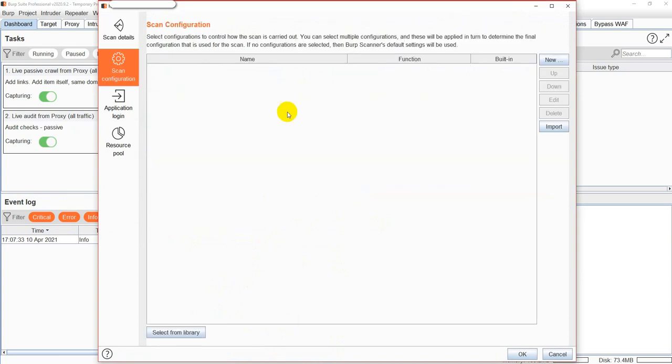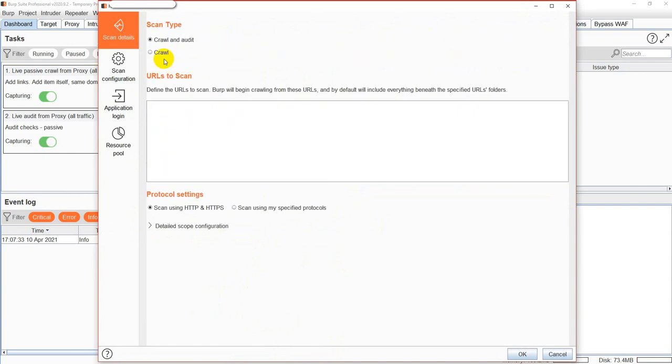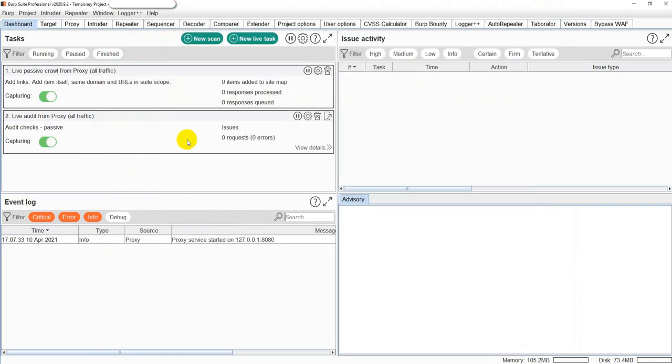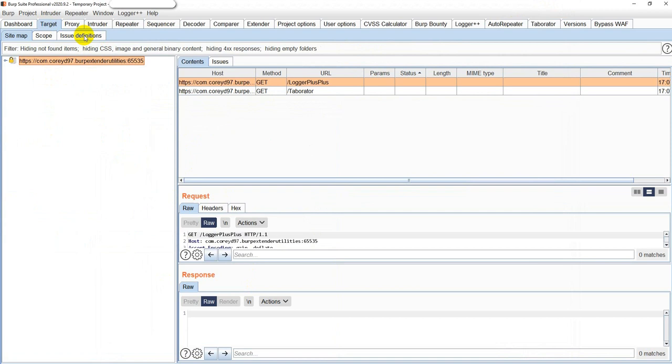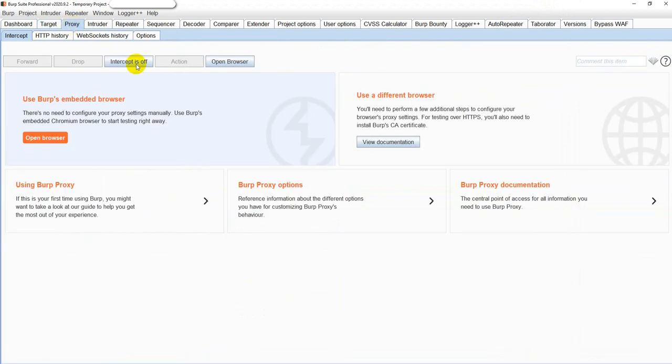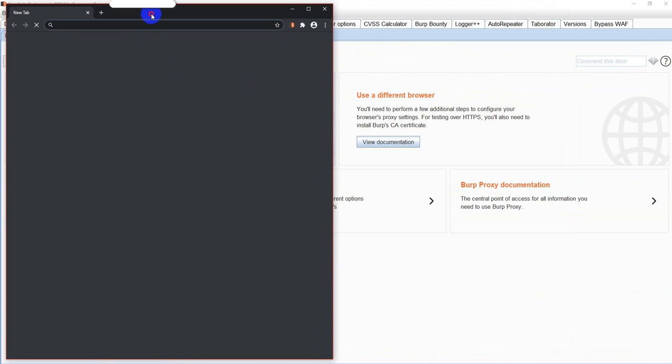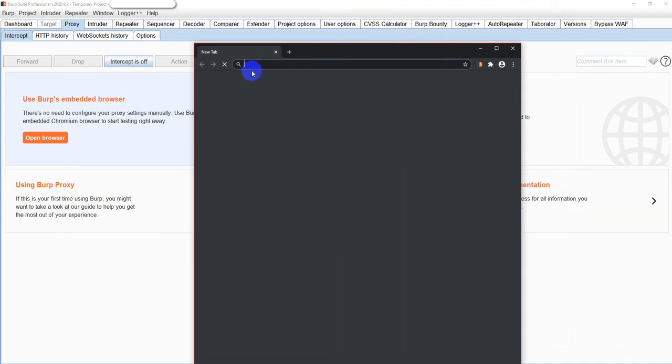Okay, so you can define the scan details, like what you want to do, whether you want to crawl and audit, whether we only want to crawl, or URLs to scan. Let me just quickly go ahead and show you. Let's perform a simple scan over here. In the target you can see which target you want to scan, right? So Burp Pro has this open browser feature. The moment you click it, this will open a browser instance for you. Now you don't have to set up a proxy and other things, because this is already intercepting traffic with the Burp Suite tool. So let's just go ahead and run one of the websites.